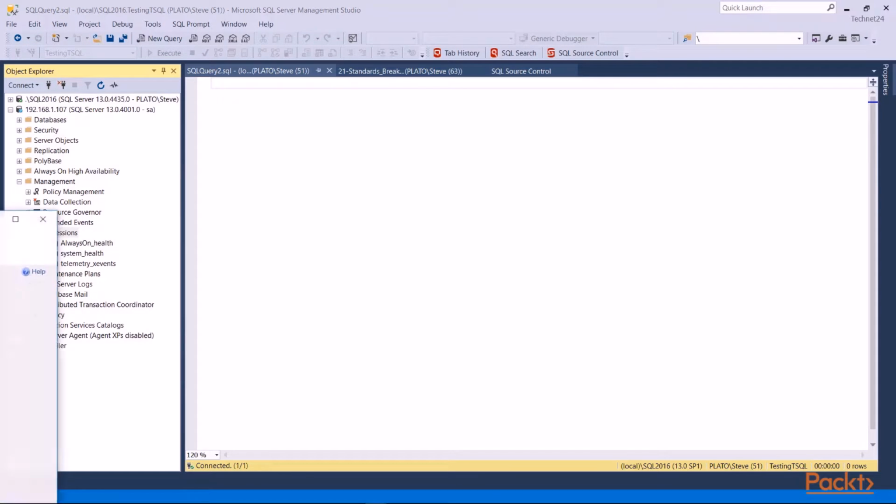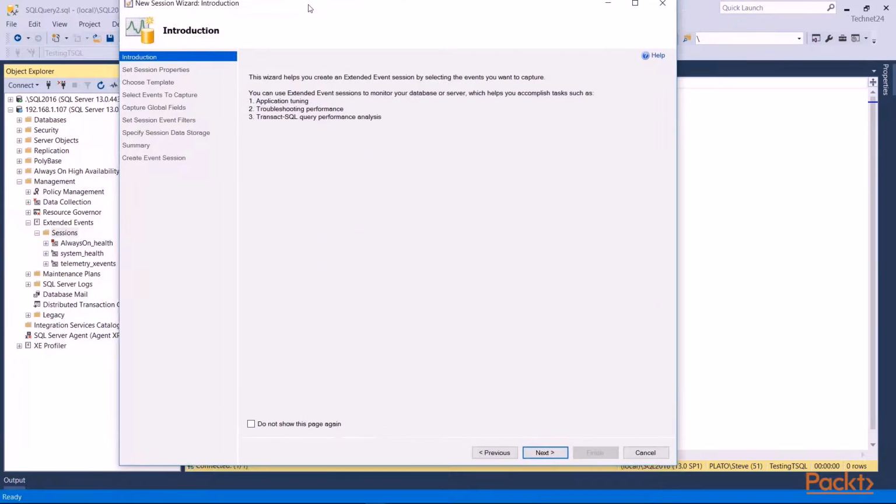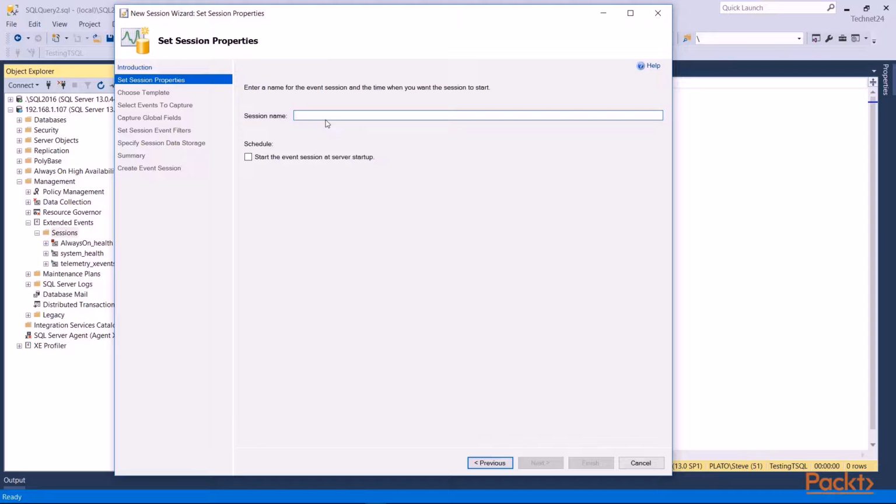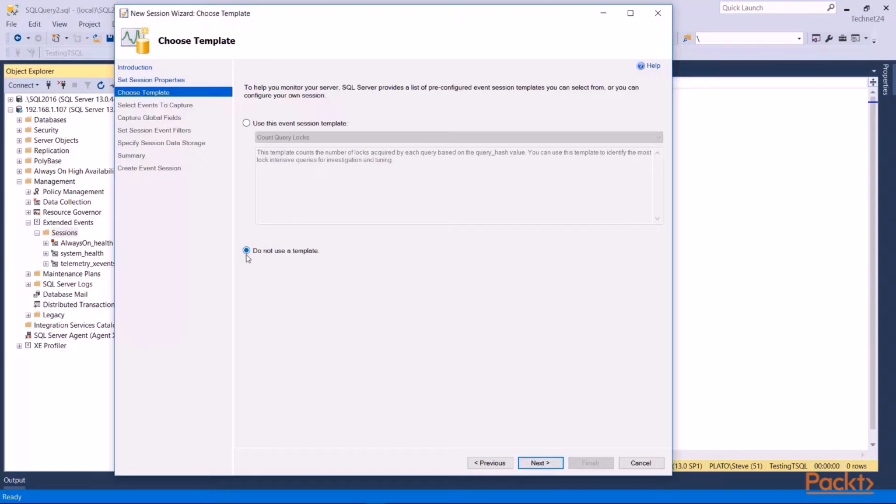Now, when the wizard appears, what you'll notice is that this is, in fact, a long process. There's a lot of items we're going to set up. So after the introduction, I give it a name, and let's call this packed data, and we'll say start at server startup so that it's always collecting data. And then we have the option: do I not want to use a template or use a template? In this case, I want to start by looking at my templates because